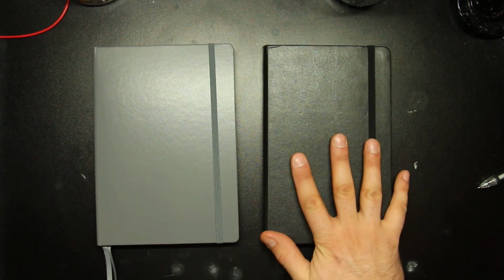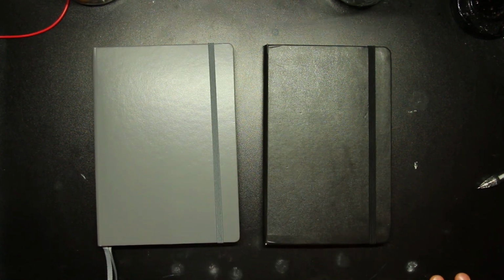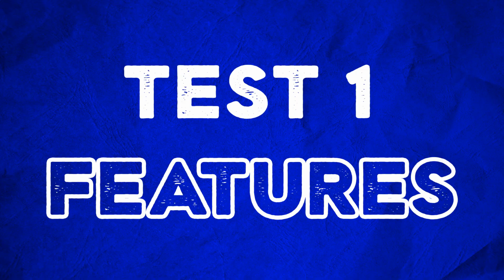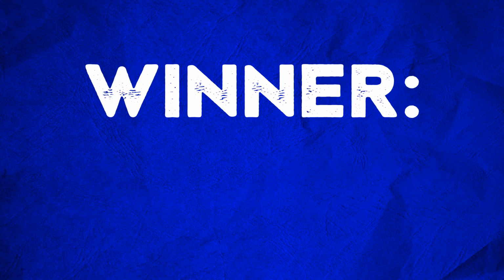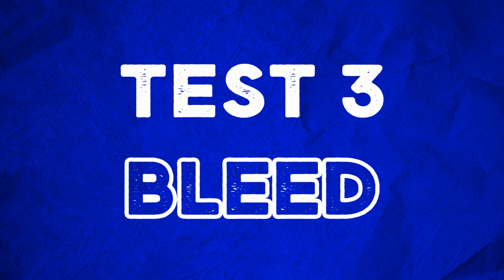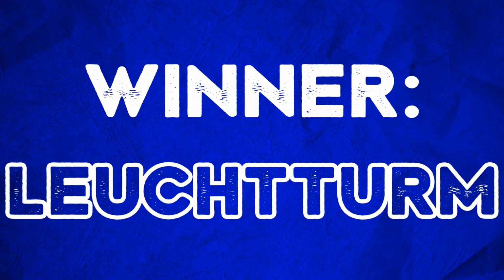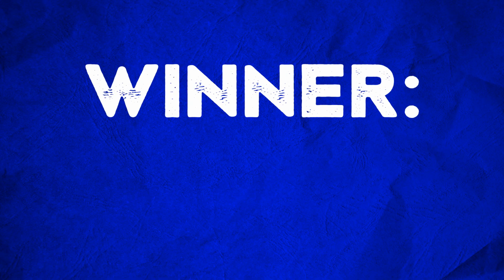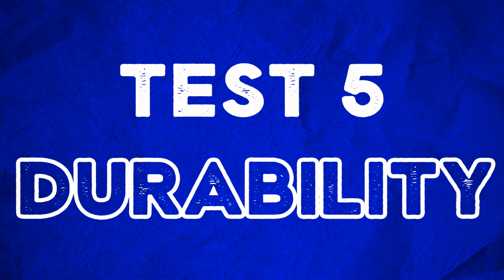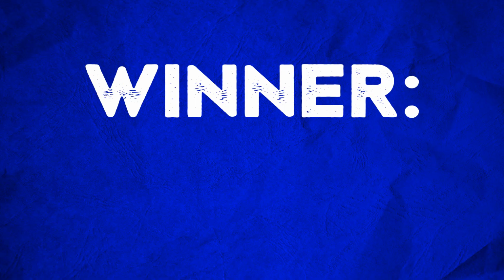Notebook Showdown. Moleskine, which has been my life for many years, versus Leuchtturm. 5 tests. First test, features. Winner, Leuchtturm. Test 2, ink fixing. Winner, Leuchtturm. Test number 3, bleed, when we saw which one bled through the paper more. Winner, Leuchtturm! Test number 4, erasability. Winner, Moleskine. And finally, test number 5, durability. Winner, Leuchtturm. So, at a score of 4-1 on our very scientific tests, winner,